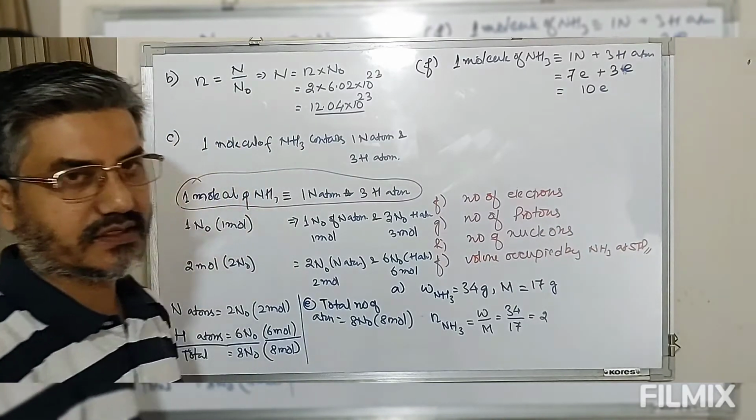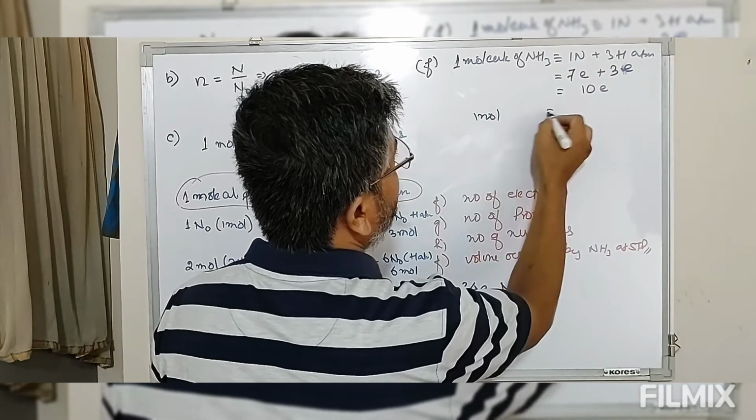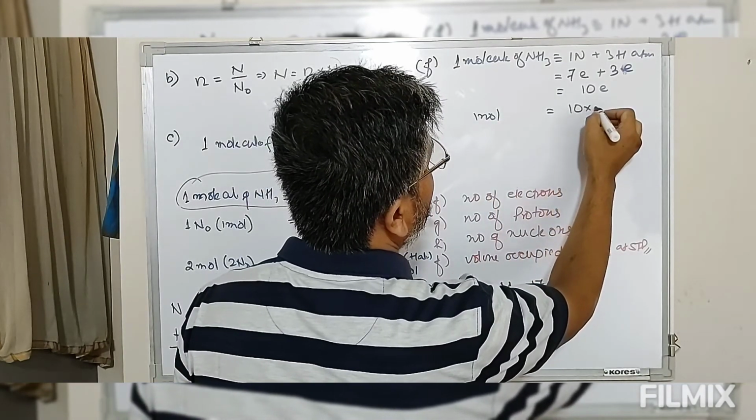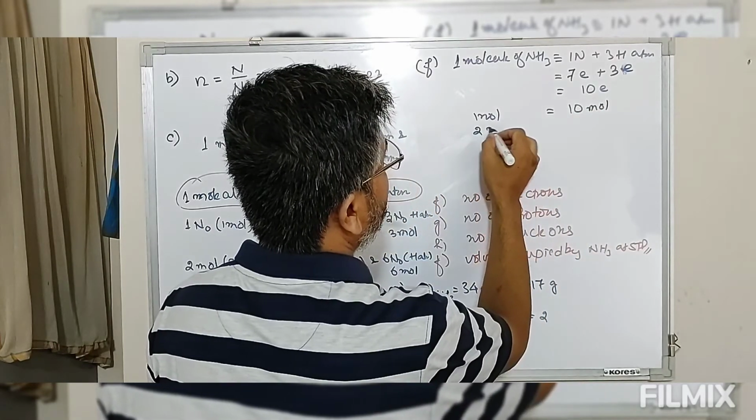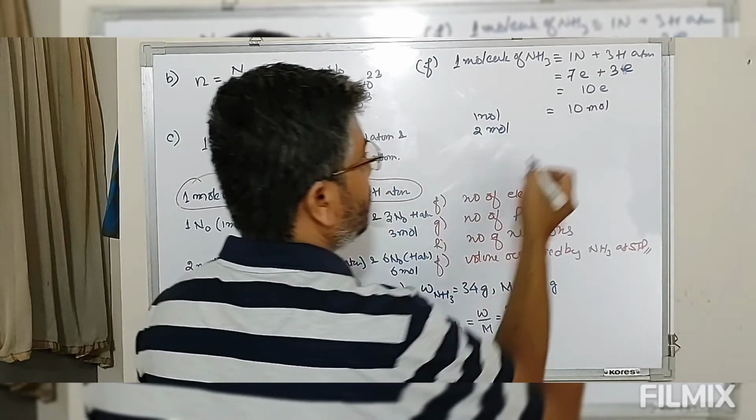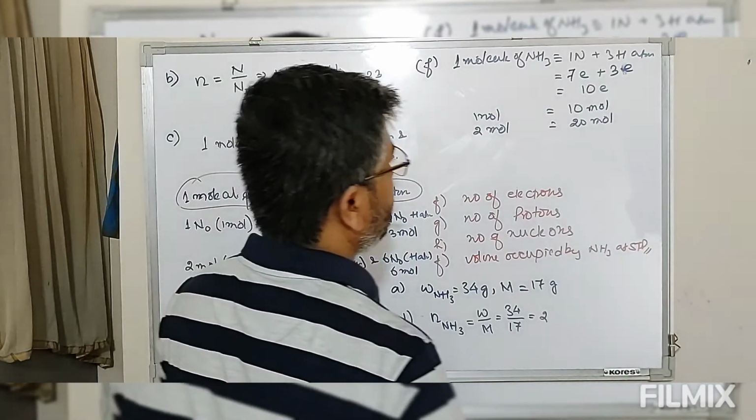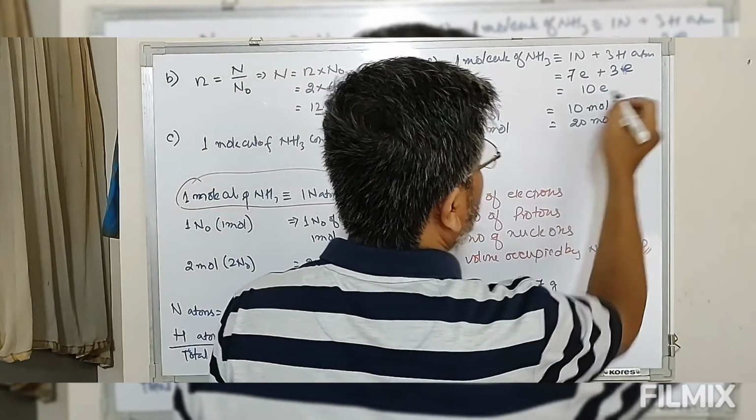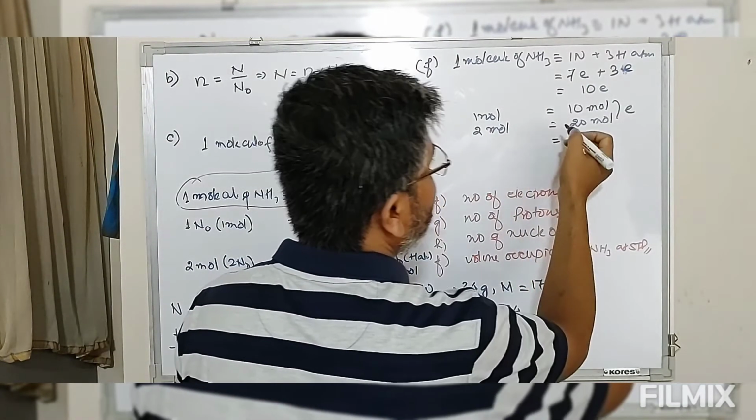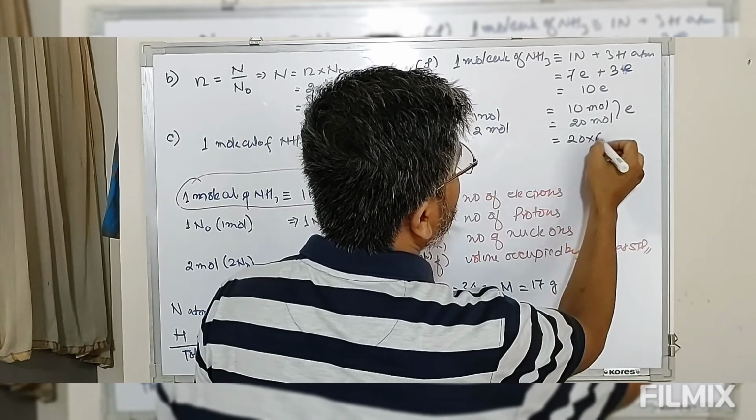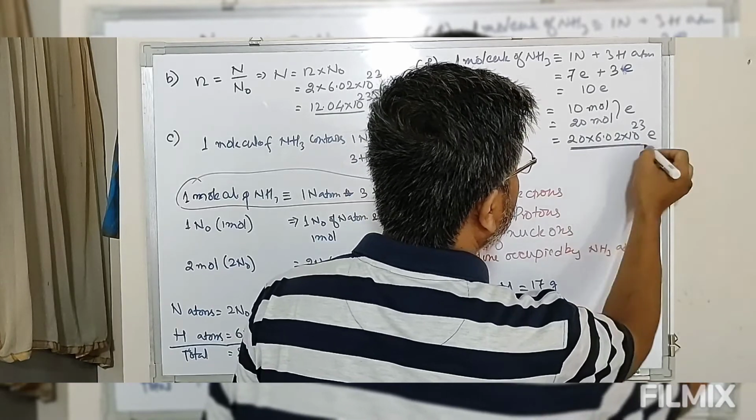10 electrons are present. So if one molecule of ammonia contains 10 electrons, then 1 mole will have 10 moles. So if the total number of moles of ammonia is 2 moles, we'll have 20 mole electrons. So 2 mole will have 20 moles of electrons. So 20 moles of electrons means 20 into 6.02 into 10 to the power 23 electrons is present in 34